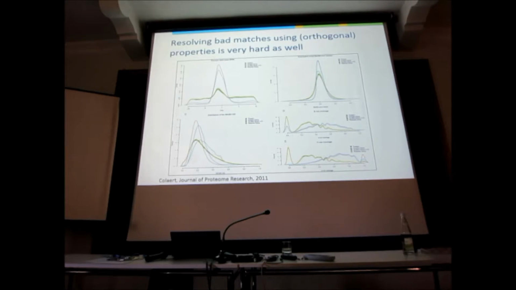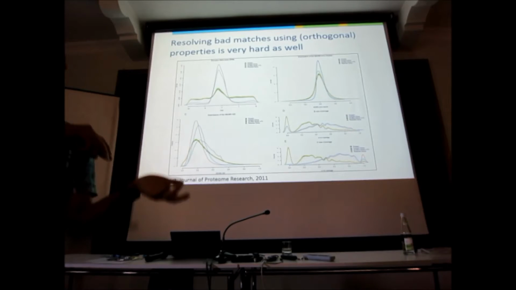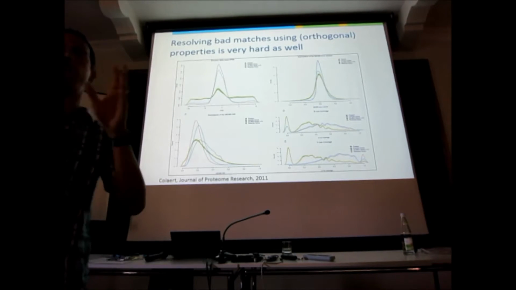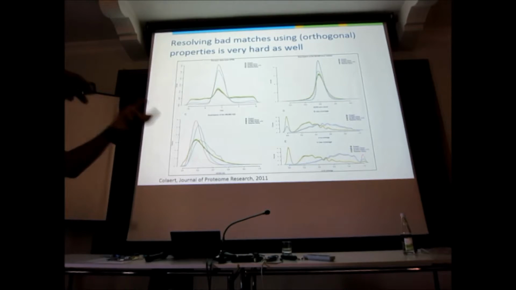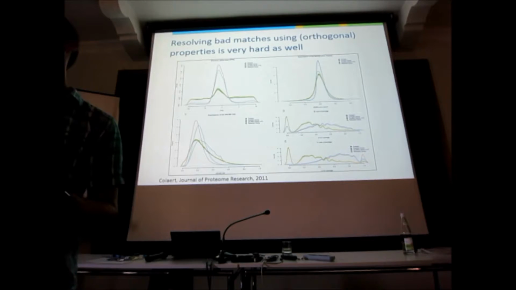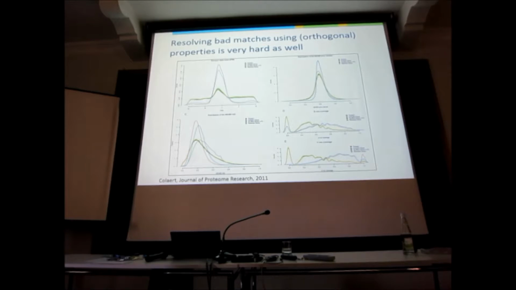So you can look at the mass difference of each of the fragment ions. You can look at the ion intensity and the B ions and the Y ions. You can look at how many B ions, how many Y ions. And if you look at all of these things, maybe you will find a pattern. For instance, decoys tend to have fewer Y ions, but more B ions than target hits. And so it learns, it adapts to that, and it figures out how things are different. So we try to find whether there's a way that we could use this approach to differentiate between the different hits.